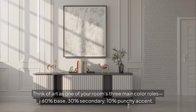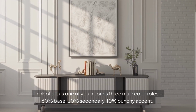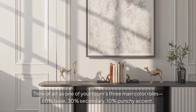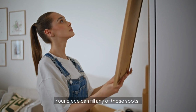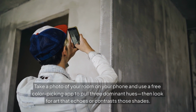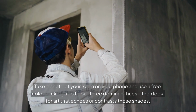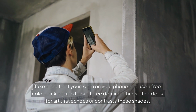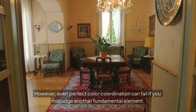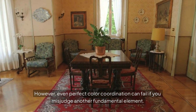The breakthrough understanding reveals that effective color coordination follows the 60-30-10 rule. Think of art as one of your room's 3 main color roles: 60% base, 30% secondary, 10% punchy accent. Your piece can fill any of those spots. Take a photo of your room on your phone and use a free color picking app to pull 3 dominant hues. Then look for art that echoes or contrasts those shades. However, even perfect color coordination can fail if you misjudge another fundamental element: